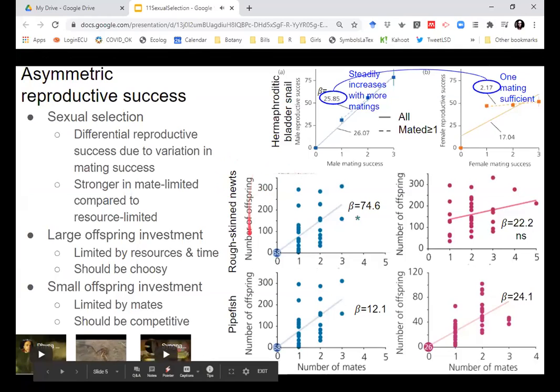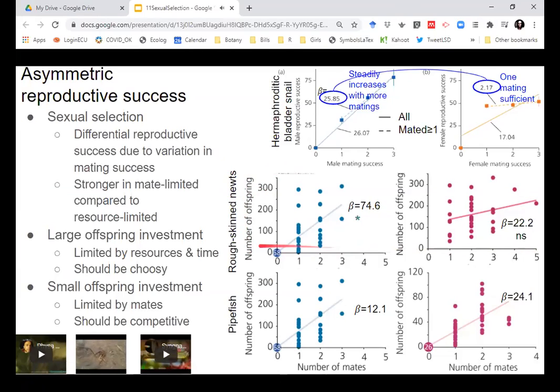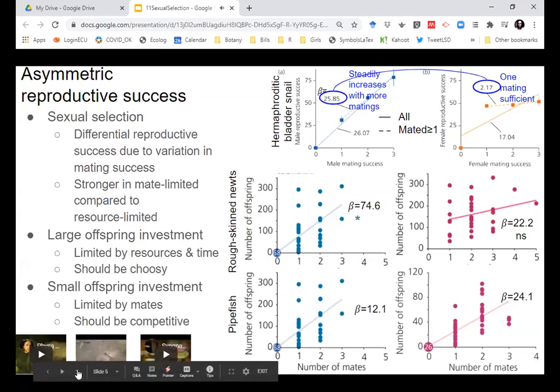So in this example of the rough-skinned newts, we see something very similar. Again, on the x-axis,